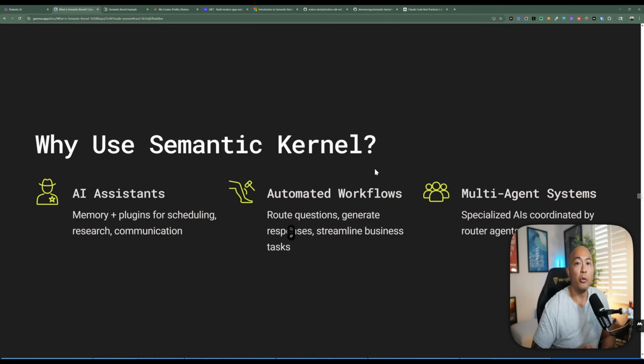Or even creating multi-agent systems where different specialized AIs handle different tasks and the router coordinates between them. So in short, Semantic Kernel is what helps you go from a single model prompt to a fully functional AI-powered app. So that's the big picture: skills, planner, memory, router agents, plugins, and some of the use cases where this really fits in. Now let's jump into a couple of demos so you can see how it works in